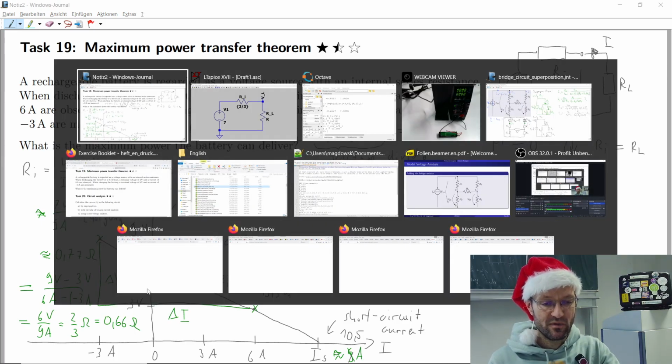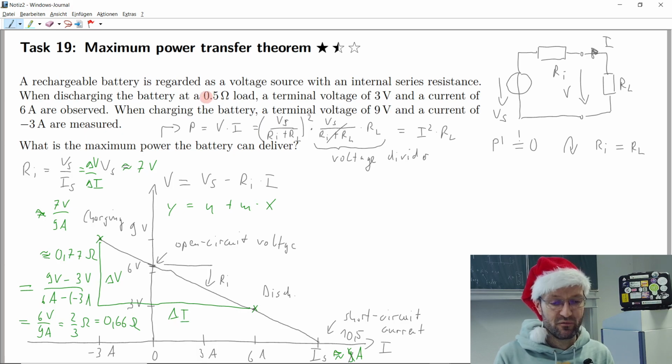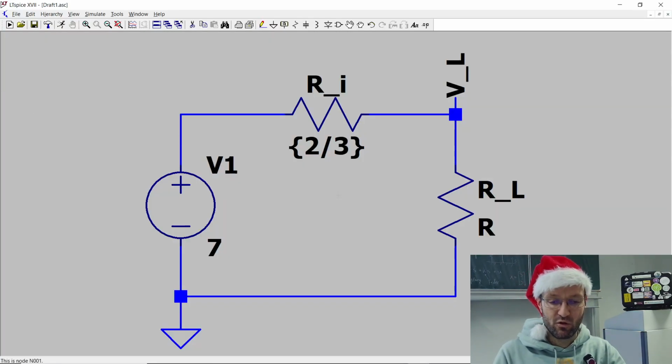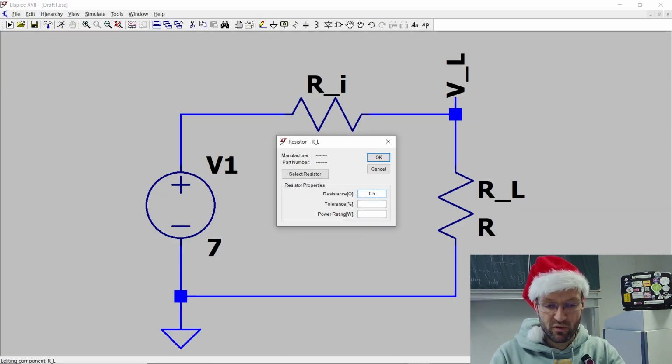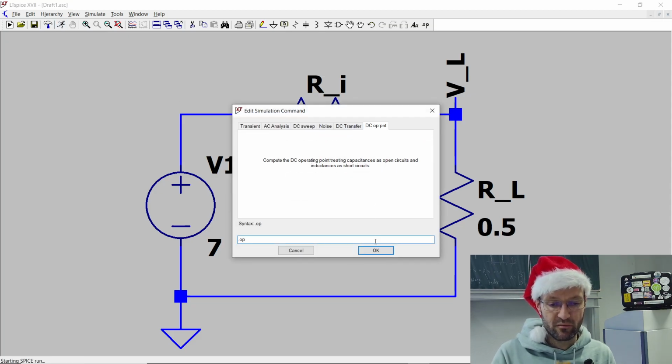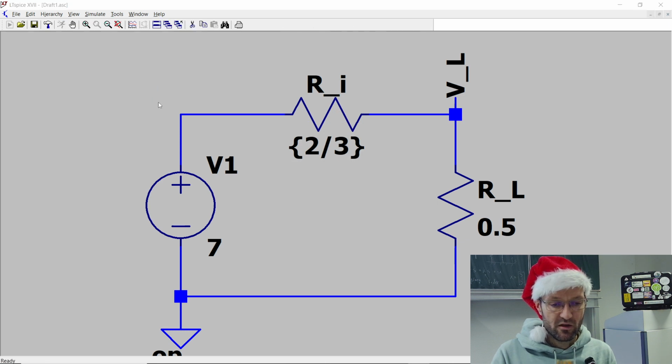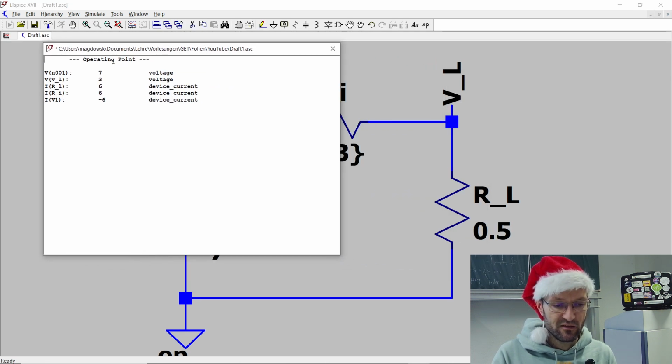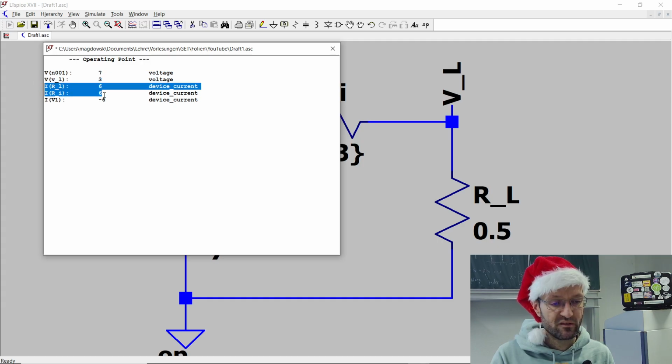As the task says, if we have a 0.0 ohm load, we should get a terminal voltage of 3 volt and a current of 6 ampere. So if I set the load to 0.5 ohm and simulate, do some DC operating point solution, then we get a result. At our node here, we get 3 volts, and through both resistors, we get 6 ampere of current, and through the source, we also get 6 ampere of current,